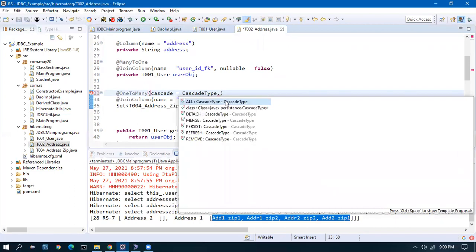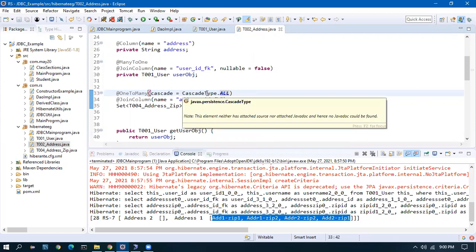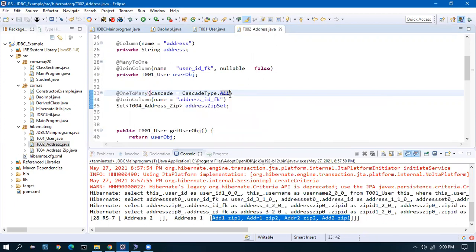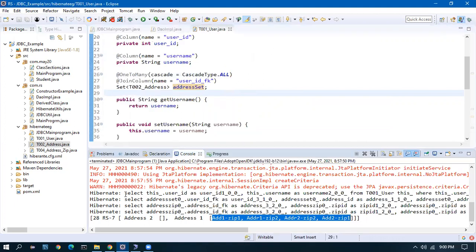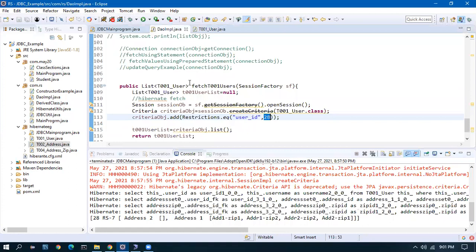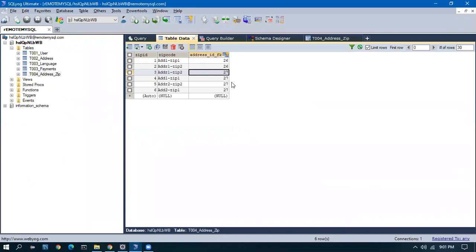So you should know what cascade is. There are different things. You can go to the documentation and read what detach and merge are. It will merge with the parent object. It will persist. It will refresh. It will remove. So there are various things, and you should know what they are. This is what cascading is. When I fetch the user object, it is cascading. Cascading means propagating to the next level and fetching the address. With the address, it is fetching the address zip also. So with just one fetch, it goes from one address to another because it is a foreign key.